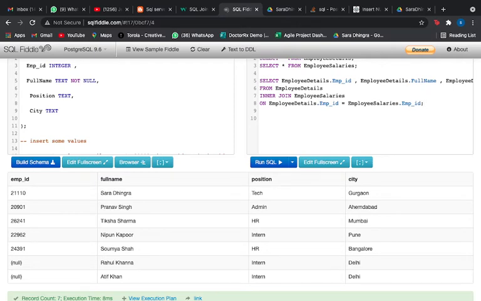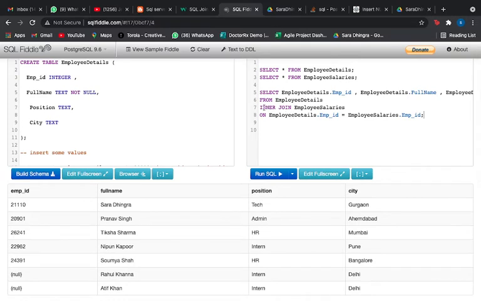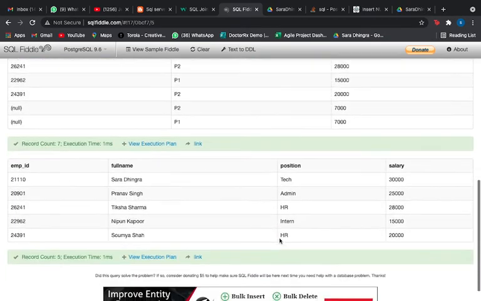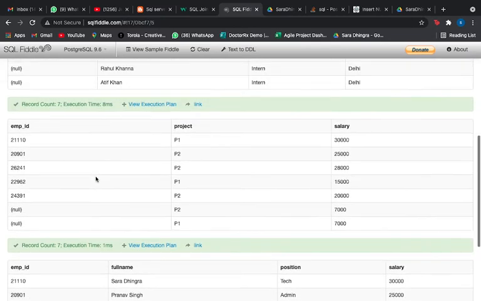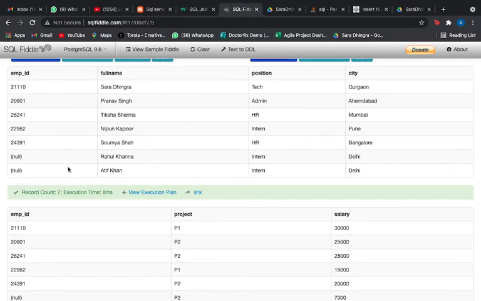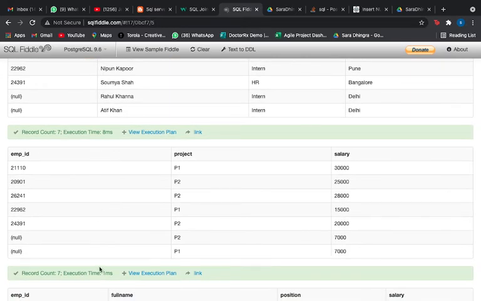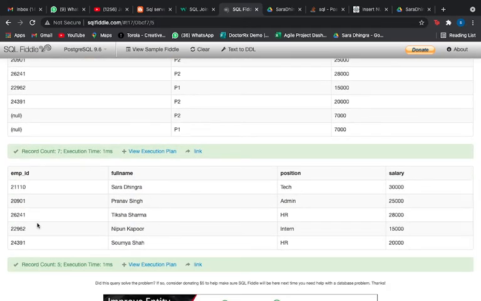Okay, now let us try running this. We are going to understand how inner join works. So I'm just going to run this for you. Alright, so see the table that we have got. We have got 5 columns here, 1, 2, 3, 4 and 5. But we had 7 columns, right? We had 7 columns here, we had 7 columns here. In inner join, why have we got 5 columns only?